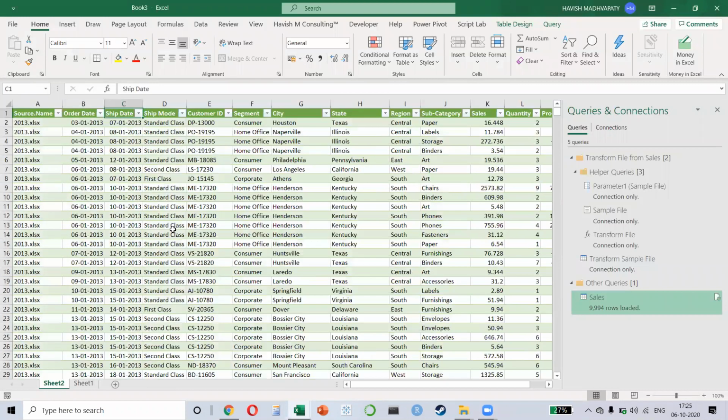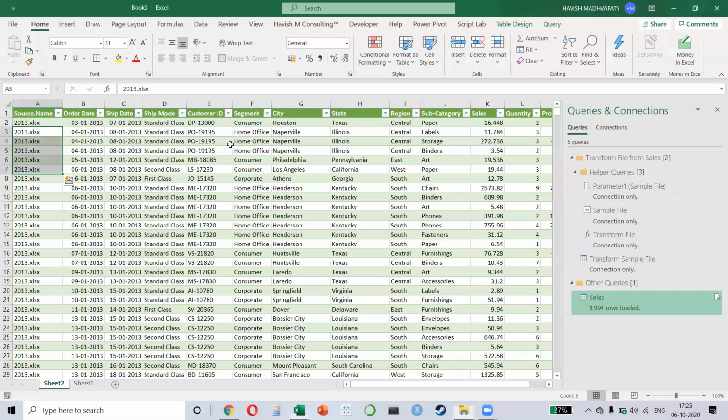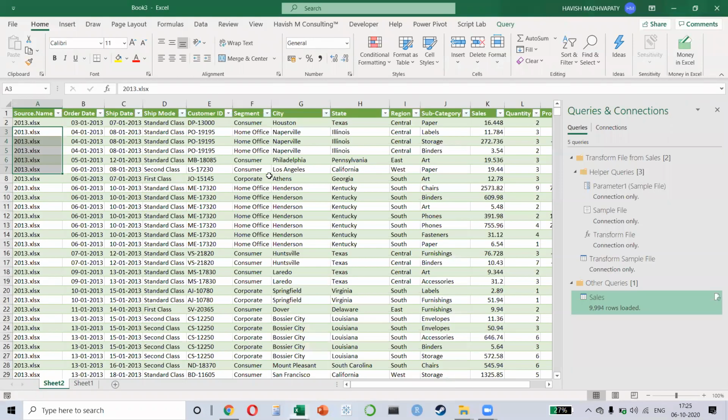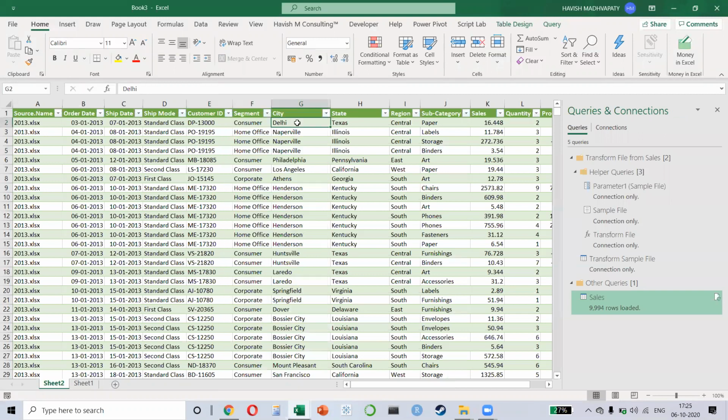Just watch. I have 2013 at the top. If I select 2013 and I make a change right in front of you, let's say I'm changing the first city to Delhi, okay, right in front of you. Look at the cell that I've highlighted. How do I refresh it? No manual work. Simply right click and refresh, and you notice instantaneously this will also become Delhi.